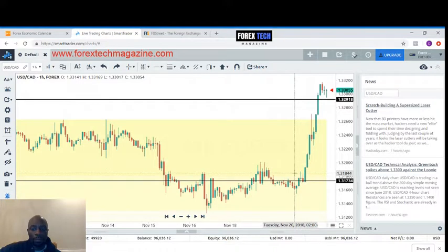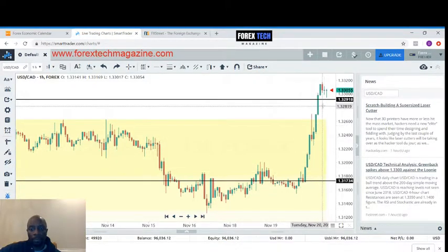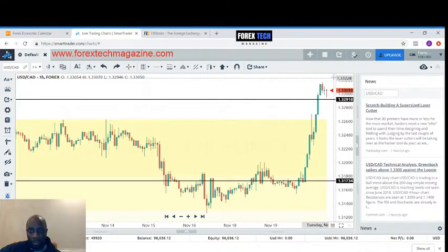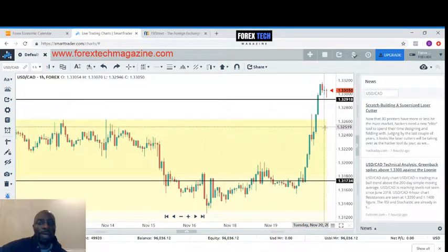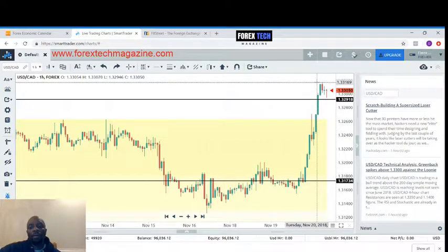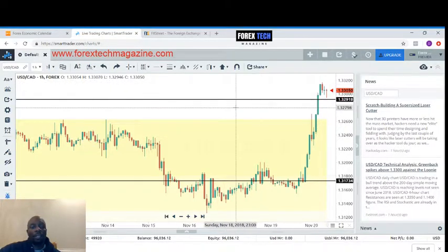All right, so the way I would trade this right here is typically I'd wait for the pullback to occur. Price went rampantly up. Price should pull back, and then it should bounce off of that pullback, and once it bounces off that pullback, that's where you get your buy entry. So if this is the pullback, which I think is probably a little bit deeper than this here, it should maybe go through a little bit. Maybe set my entry order here, at this level. All right, buy it, and then look to